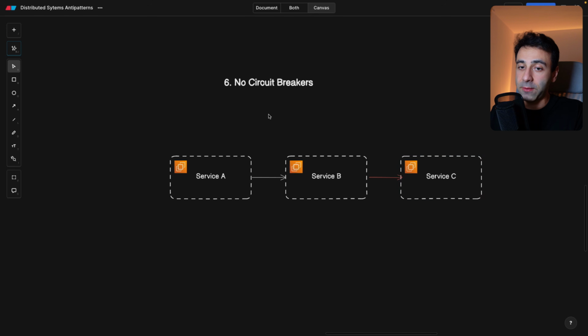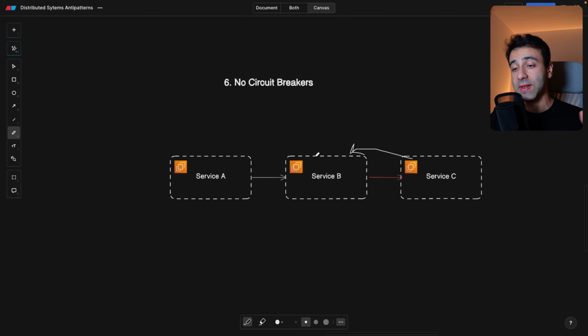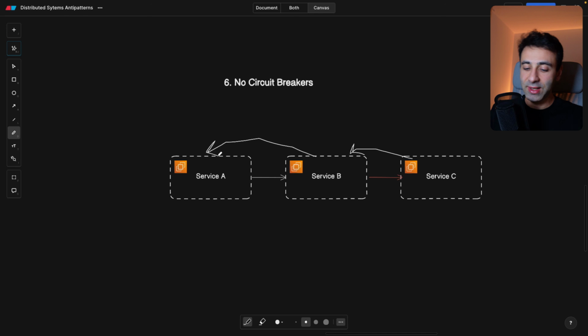Okay, service C fails, and this problem is pretty much going to cascade back. Service B is going to realize, oh, I cannot contact service C anymore, and service B is going to go down. So it's pretty much broken. It cannot serve anything because it does rely on service C. And since service A relies on service B, A is also going to be non-functioning. So circuit breakers, or this whole pattern, is telling you that you should take this into account.